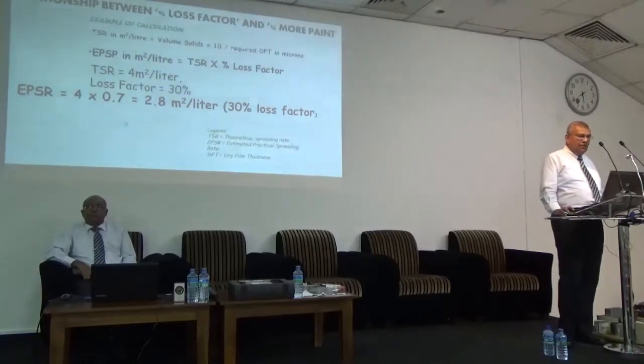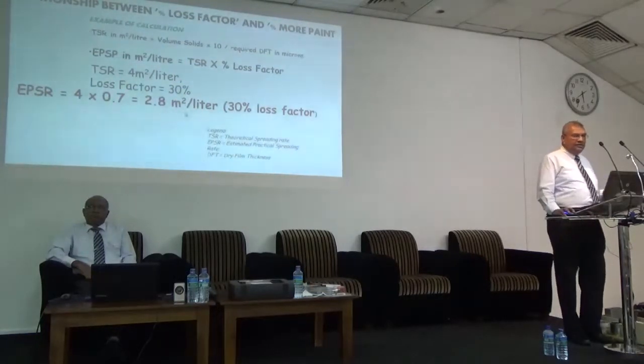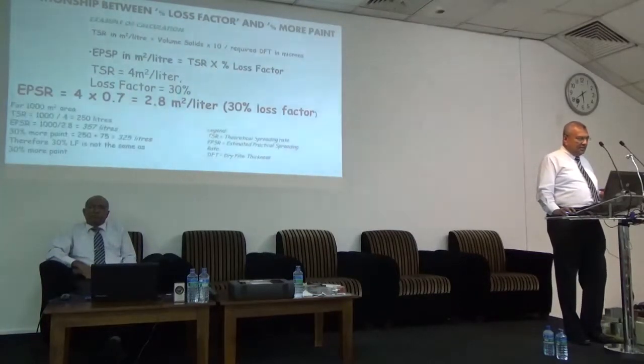This is good for Sigma, International, Jotun, Hempel, anything. Paint is paint. Solids are there in both the products. Solvents are there in both products. So this is a common formula from chemistry and chemical engineering, and industry people are using it very commonly. So first, if it is 1,000 square meters, 1,000 over 4 is 250 liters.